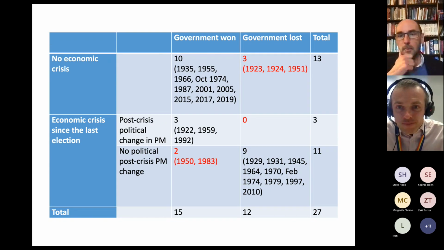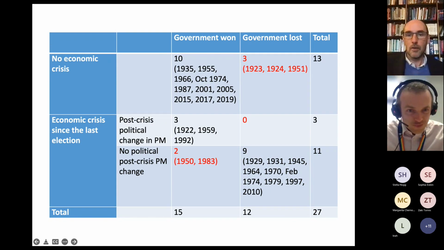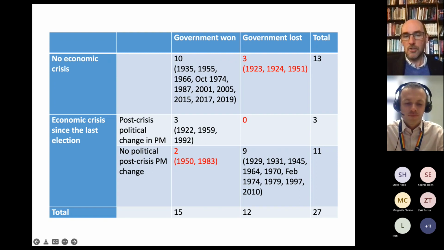Now, this is the same table again, but what I've done is I've split that bottom row between elections where there was a political change of prime minister after the economic crisis and those where there was no political change of prime minister after the crisis. And so you can see those 5 elections I pointed to have now been split between 2 cells, 3 here,